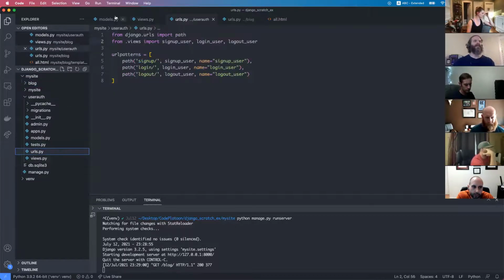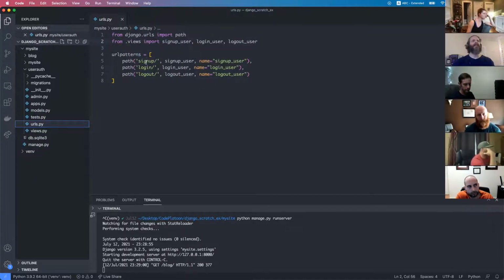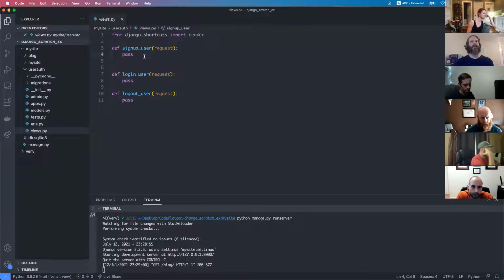So if we go to the URLs here, you see that we have 3 routes: sign up, log in, and log out. So sign up user,